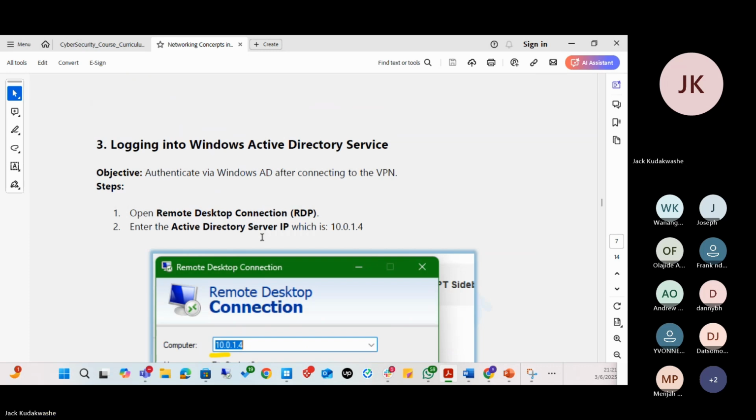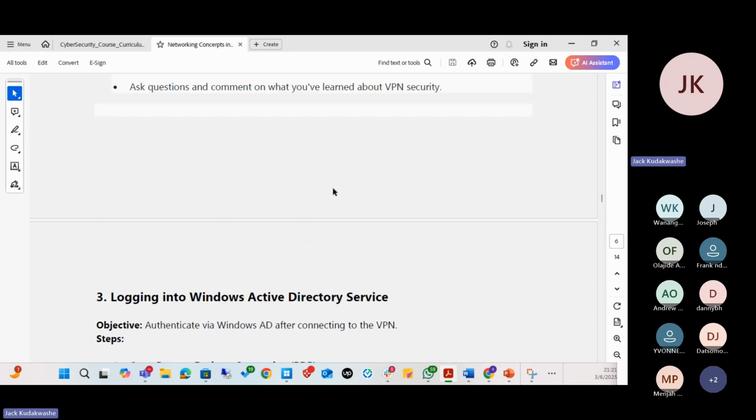So connecting to your VPN client, ladies and gentlemen, is one of the things that you are going to be doing on a daily basis when you're working on your job. The first thing you'll be doing is connecting to a VPN because it allows you to connect to